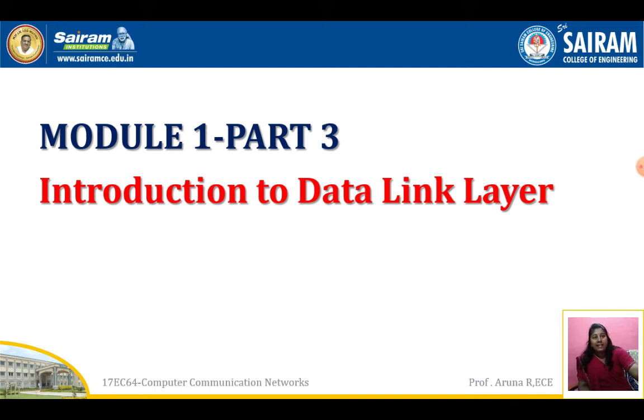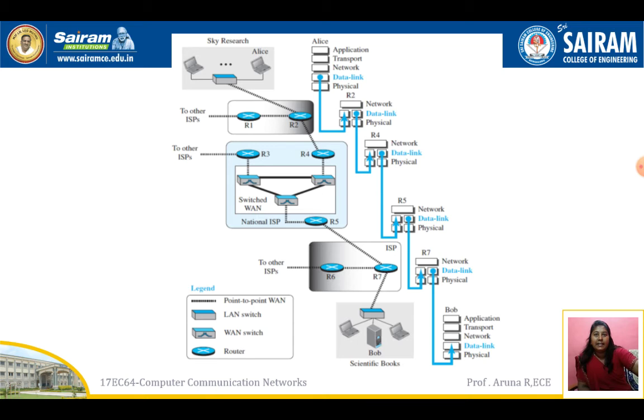So in the second layer, the data link layer, this is the introduction. Here you can see a sample hybrid network showing how the communication is carried out. We have to keep in mind that every time the information goes from the source to the destination, it will pass through the data link layer of all the components or nodes in the network. And as you know, the data link layer is a node to node, hop to hop delivery.